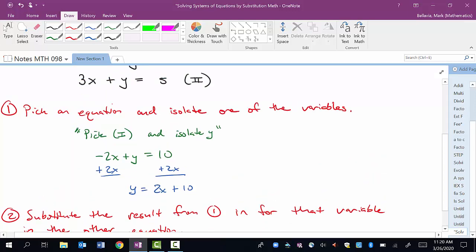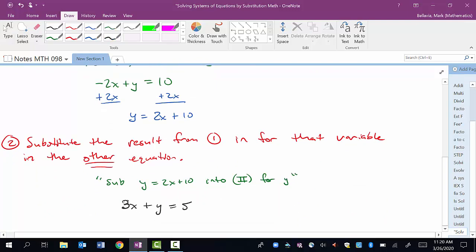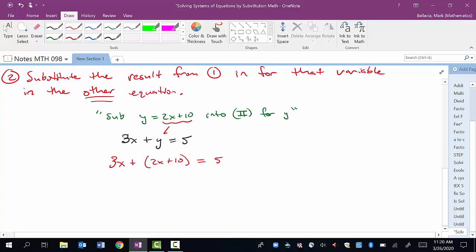So equation 2, going back up to it, was 3x plus y equals 5. So here's 3x plus y equals 5. And what I'm going to do is I'm substituting in 2x plus 10 right where I see y, because y is equal to it. So that means I can replace y with it. So when I do that, here's the substitution. I have 3x plus, I'm going to put parentheses around it because I'm subbing in that whole expression, 2x plus 10, close the parentheses, equals 5. So I'm replacing y with the expression it's equal to. Once you've done this, right, now you have an equation that only has one variable in it, and we know how to solve those. So your next step, step 3,